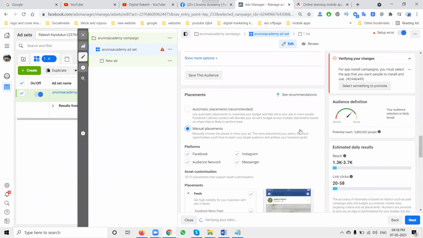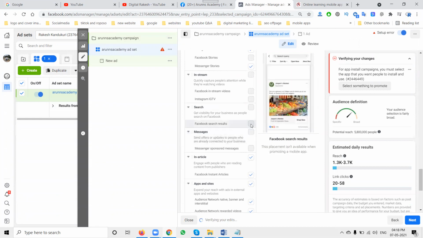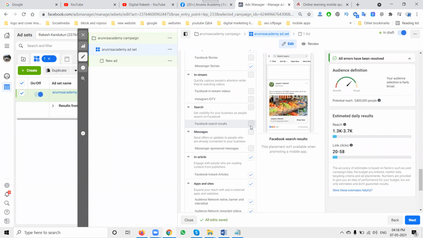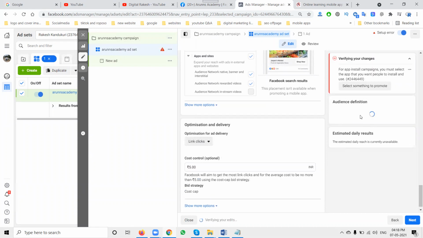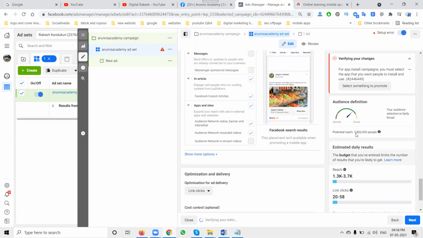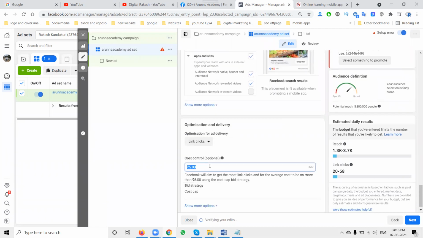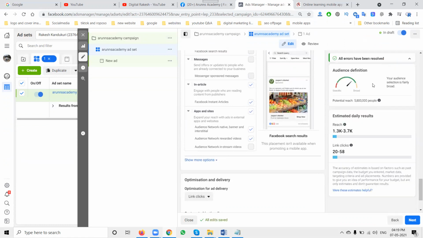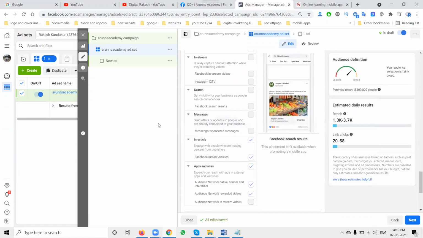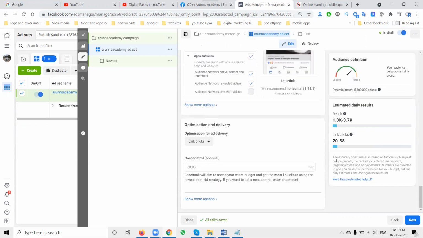You can go to manual placements also. These are all the placements. Here, they're not showing. What is the reason? They did not look at this particular option. Finally, my option is link control. For each link, I am giving 5 rupees. There is an error because I did not mention any particular rupees in this option. So for the app install campaign, whatever errors occur, it does not give any particular suggestion here.